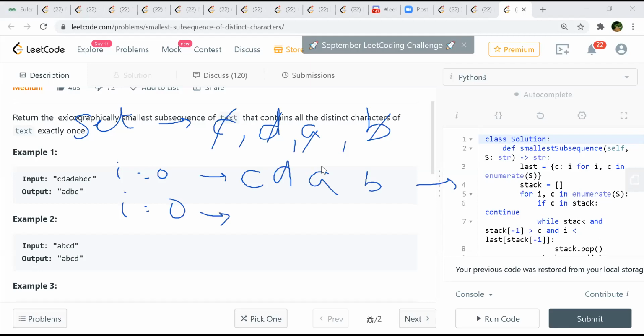And then you start from index 1. So you go from D, and then you actually again remove D, then A, and then B and C. So at the end, you will actually form the lexicographically smallest one.